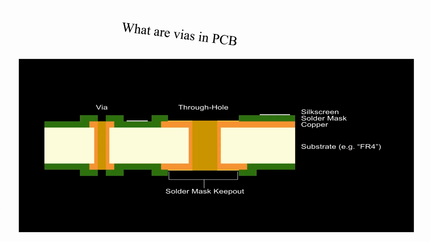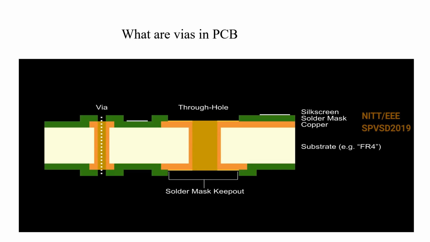Let's go back to our PCB cross-section. A via is almost exactly like a through hole in the board. In fact, it's made the same way. The copper and substrate layers are drilled, and copper is added using an electroplating process. However, vias are usually much smaller than through holes as they aren't meant to hold pins or wires. Their purpose is simply to connect traces or copper between layers. If you have a trace on the top layer and you want to connect it to the bottom layer, you